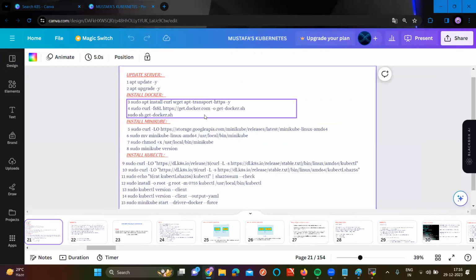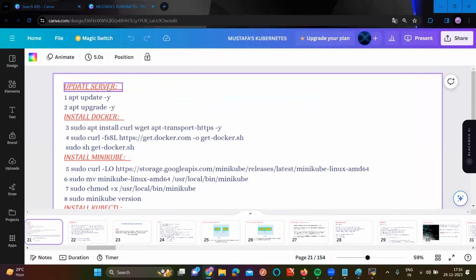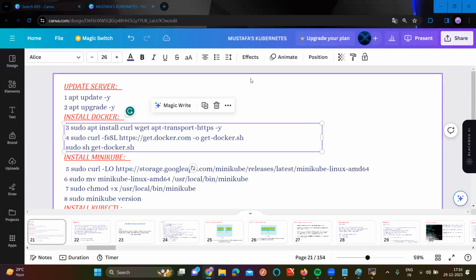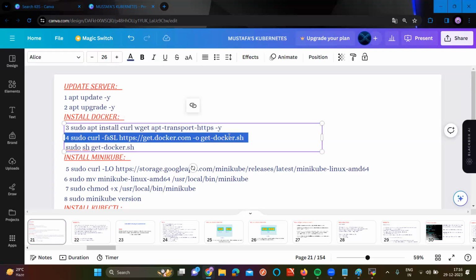See here. First of all, in the first two commands, you are updating the server. apt update -y gets the list of packages to update, and upgrade is going to update them. In the second command, I'm going to install Docker. Basically, how do we install Docker? yum install docker.io. But in Ubuntu, I'm going to download Docker from a script. Are you seeing the script? The script is predefined. In this script, you have a complete end-to-end Docker setup.